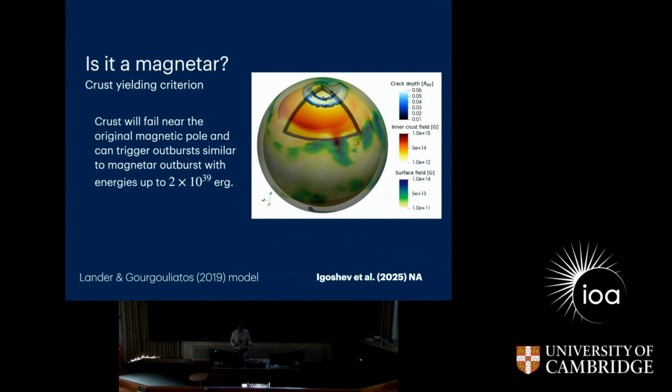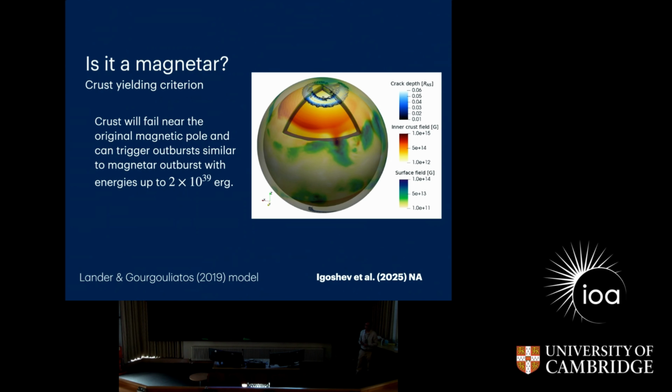Now, is it still a magnetar? We have a small magnetic field, we have some toroidal magnetic field, but would that make it a magnetar? These days, magnetars are observationally classified as neutron stars with a lot of transient behavior, bursts, outbursts. One of the models describing bursts and outbursts of magnetars was suggested by Lander and Gourgouliatos, 2019. So you could estimate